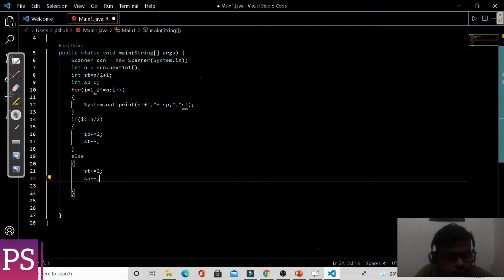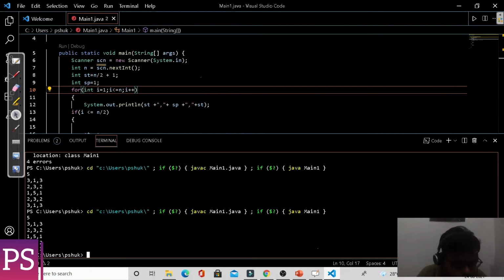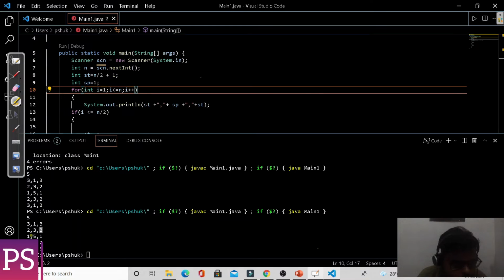Now let's check our code. Type 5. Now you can see that we are getting 3 star 1 space 3 star, 2 star 3 spaces 2 star, 1 star 5 spaces 1 star, 2 star 3 spaces 2 star, 3 star 1 space 3 star.